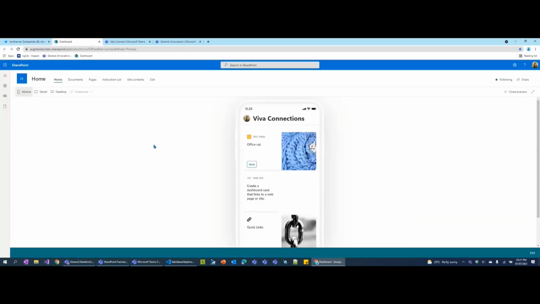Before we go ahead, there was a slide earlier in Patrick's presentation which allowed you to register for the preview. I don't know if it's a private preview because it's not private, but it's a preview. To get the Connections dashboards and everything else enabled on your tenant, you need to register yourself so that your tenant gets enabled with the properties of the Viva Connections dashboard.